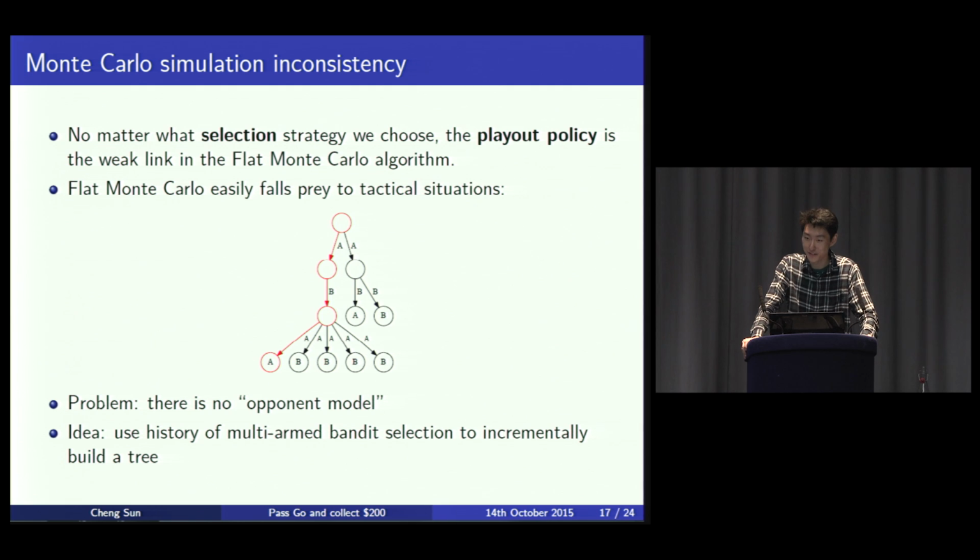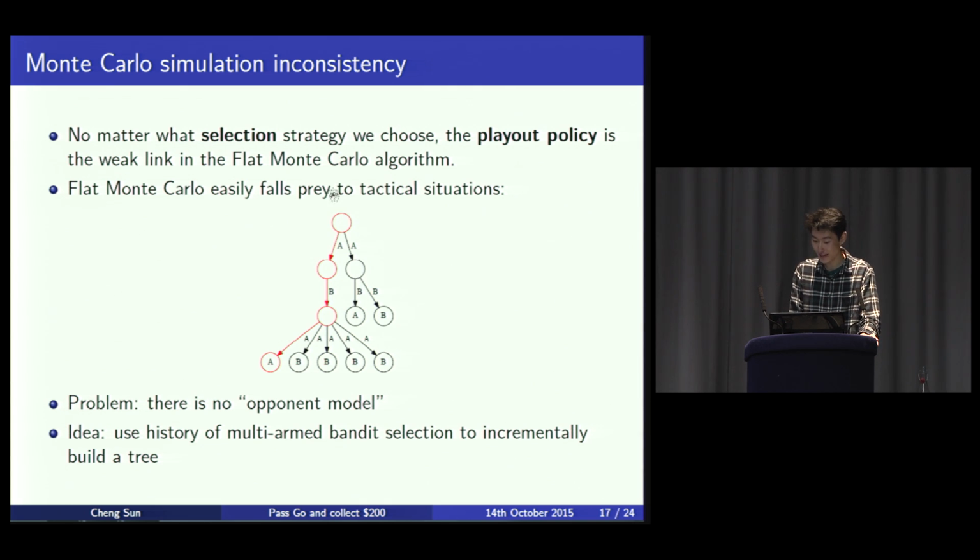We've got a very good selection strategy now, but there's still a weakness with flat Monte Carlo. And the issue now is with the second disadvantage that I mentioned earlier. We've solved the symmetry disadvantage, but now we have the issue of inconsistency. So if we leave this algorithm running forever, it won't converge necessarily to the game theoretic true value. And this is because the playout policy, the policy that we choose when we're playing out a game till the very end, is weak. Flat Monte Carlo falls prey to, for example, if you have a look at this game